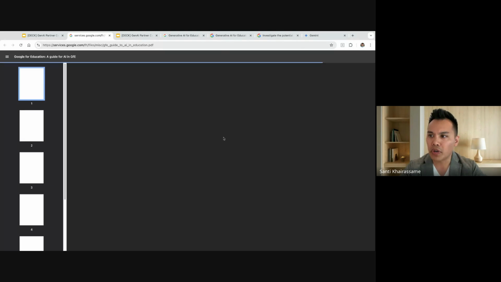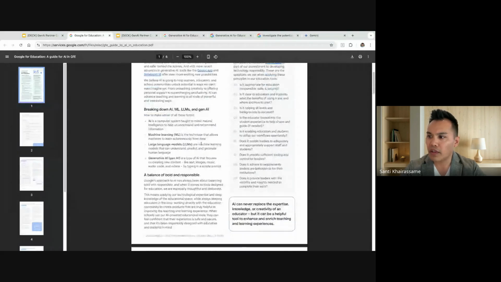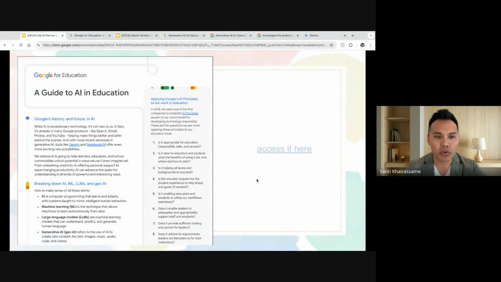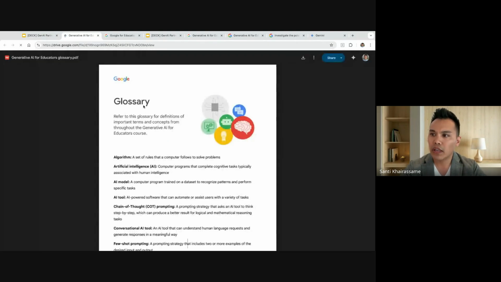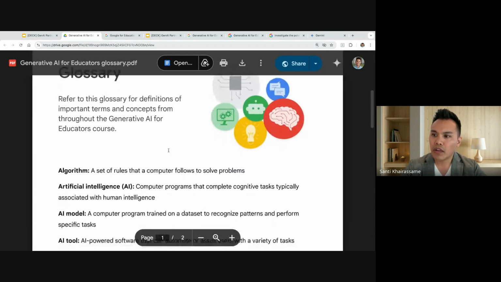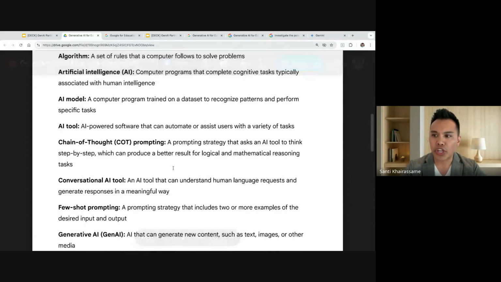If you click on it, it'll open up a new tab, and you have some information here. So Google's Guide to AI in Education. All right, so that's one of the resources that's part of it. The glossary, I'm a big fan of the glossary. Again, I don't have a background in AI, so it's good to know the terms that people are talking about. So if I increase the size here: algorithm, AI model, AI tool, chain of thought,